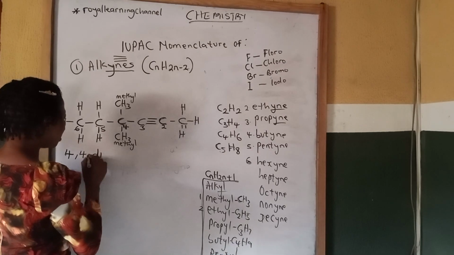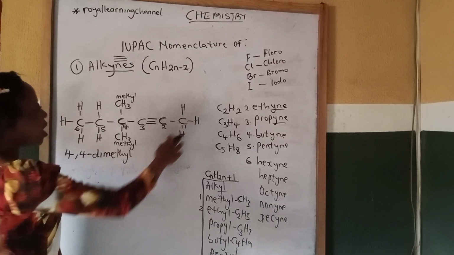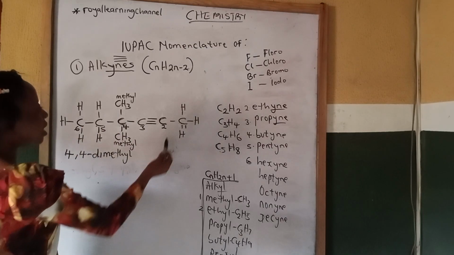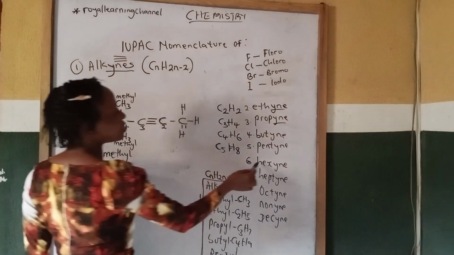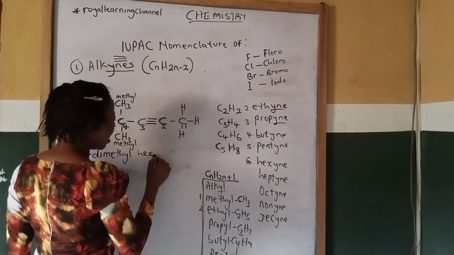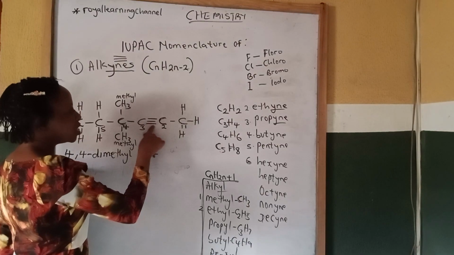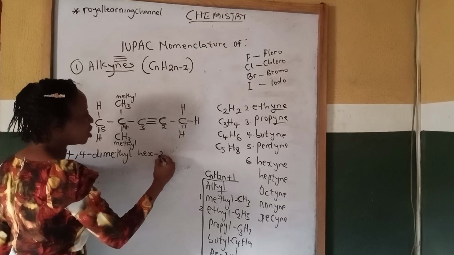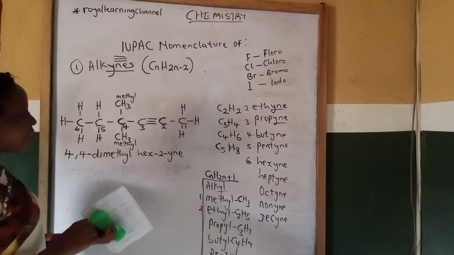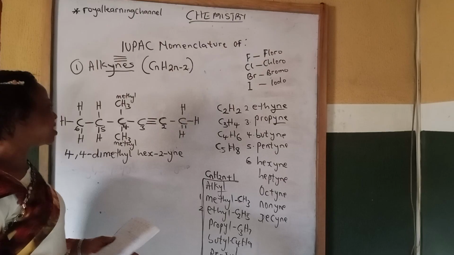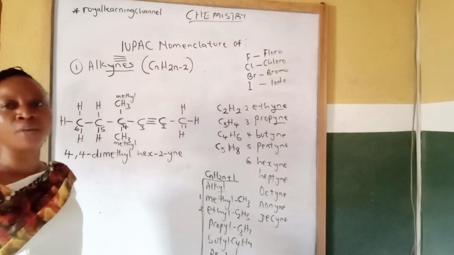So that's di what? Methyl. Dimethyl. Then we name our root hydrocarbon. An alkyne with 6 carbon atoms is hexyne. The yne, we have to name the position of our yne. The yne, which is our triple bond, is on the 2nd carbon atom. So we call it hex-2-yne. So this structure is 4,4-dimethylhex-2-yne. Now I'm going to take a structure with 2 different substituents with a mixture of organic